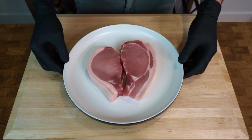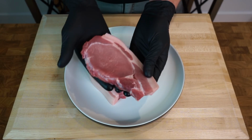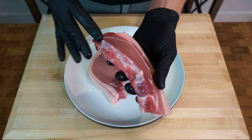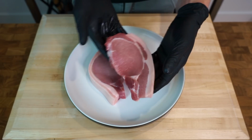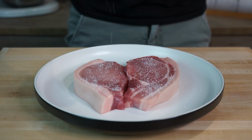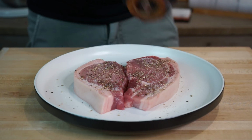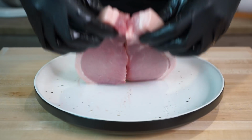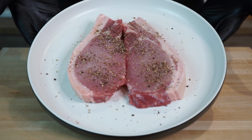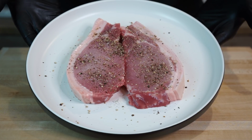Alright guys, let's start this off with two 250 gram or 8.8 ounce pork chops, with this type of cut being the loin. These have also had their bone removed to make it easier to eat, but you're more than welcome to leave the bone in. With these, all we're going to do is give them a good pinch of sea salt flakes as well as a few cracks of black pepper, just for a basic seasoning. Once that's done, we can then flip them over and repeat the seasoning on the opposite side, which we can then leave to rest for 20 minutes to come to room temperature, which will result in a better crust and